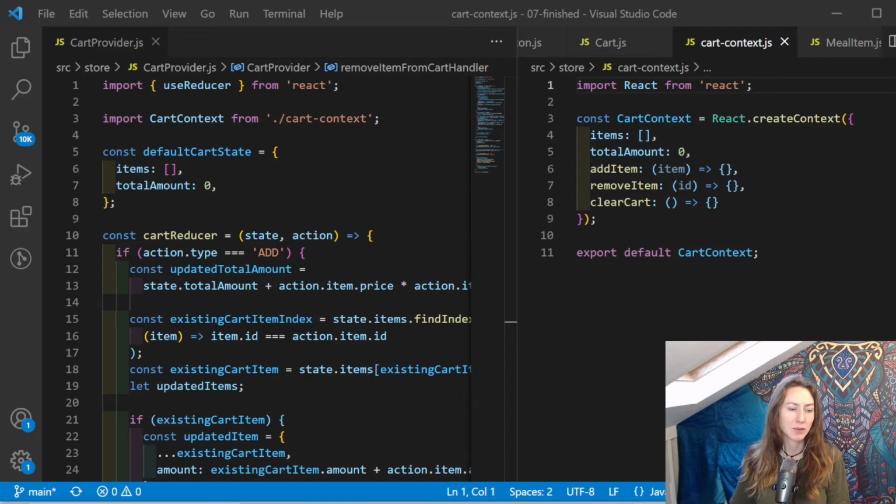So back here in the cart provider, we have, if our action type is add, what we want to do in that case, but we also want to take care of if the action is remove. So I'll add another if check here. If action.type is remove,